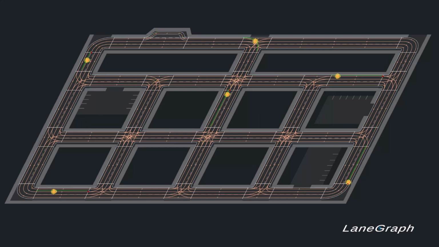Welcome to this tutorial on LaneGraph, the powerful road network creation tool for Unity. LaneGraph is designed to help game developers and simulation creators build complex, realistic road networks with precision and flexibility. Whether you're developing a racing game, city simulator, or autonomous vehicle training environment, LaneGraph provides the tools you need to